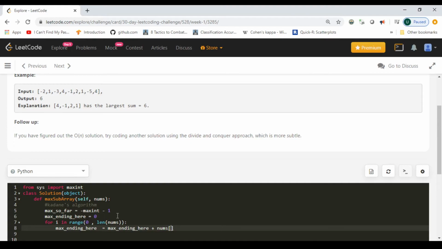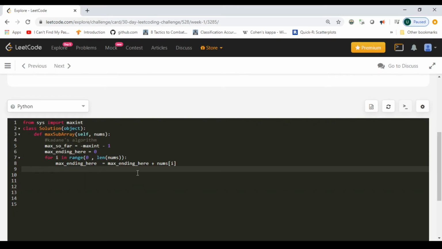This will provide the max ending here value, which is calculated by adding the max ending here to each element from the array using the index. Then once you get the max ending here,